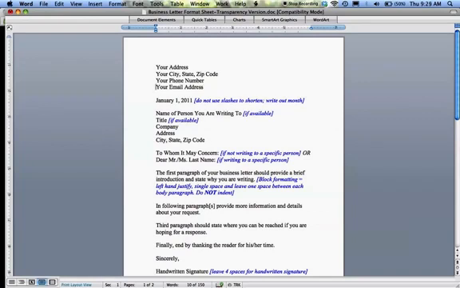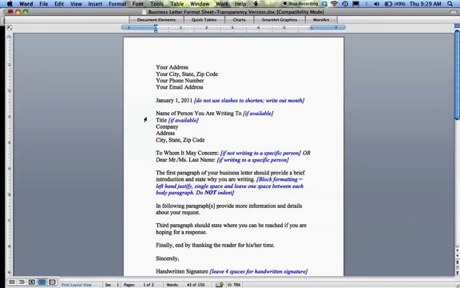And then if you know the person's name that you're writing to, you want to start with that. Now, a lot of times when we write a business letter, we don't know exactly who's going to read our business letter, so you may have to skip this. So you only include the person's name if that's available. If you know the person's name and you know what their title is, also include their title. After their title, you're going to put the company name or the organization name that you're writing to. And then again, you include their address, and then their street address, and then the city, state, zip code. We're going to skip 2 more lines. So again, you have that visible space between the person's name and title and the company name and their address